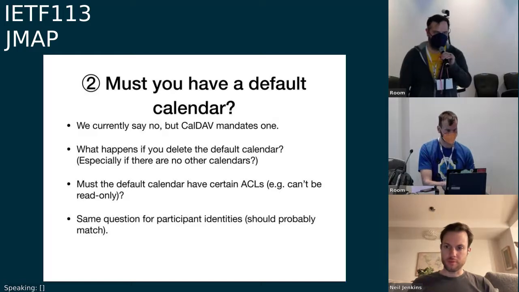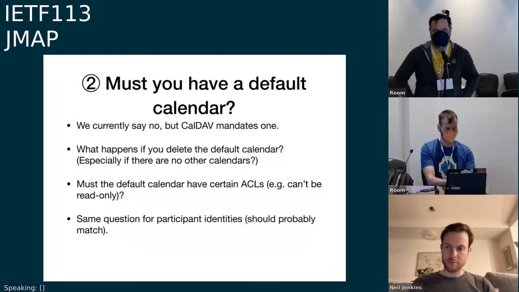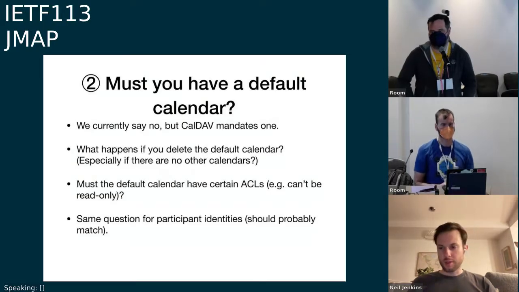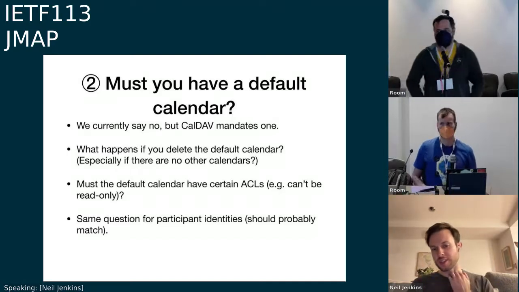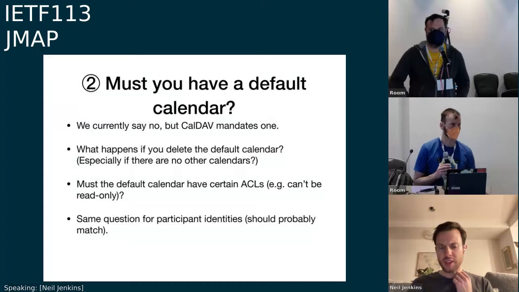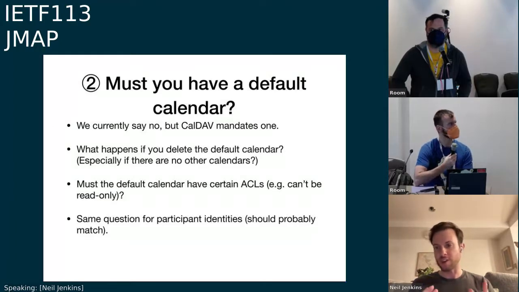Okay, Alexei, a very quick note, maybe it was overtaken by events, but the question I would ask is, what are the benefits of not having a default calendar? Maybe the answer to this question will help you decide, I don't know. Yeah, it's more of a data consistency thing. If you say you can't delete the default one, you end up doing this dance where you create a new one, assign a different default, then delete. It's easier if you can allow deleting the default.